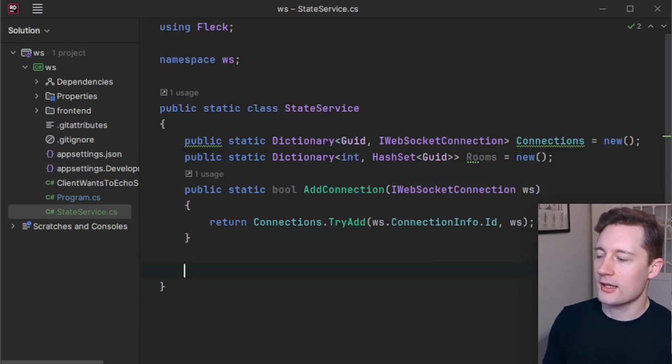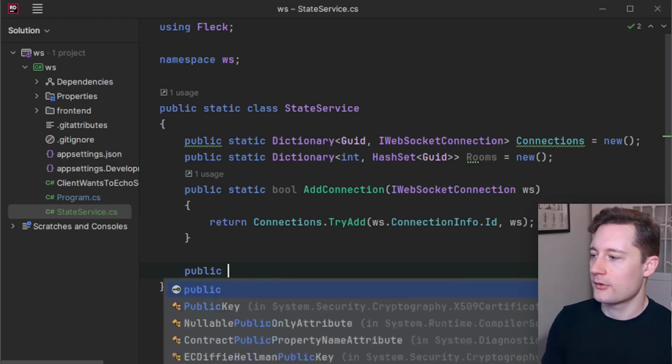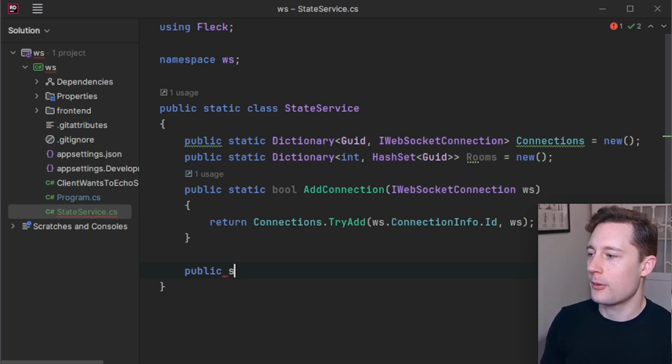So let's say that a client wants to enter a room. What they essentially do is they just add their GUID to the hash set of an existing room, and if the room doesn't exist, we'll just create one for them. So I'll make a method here, public static void AddToRoom,